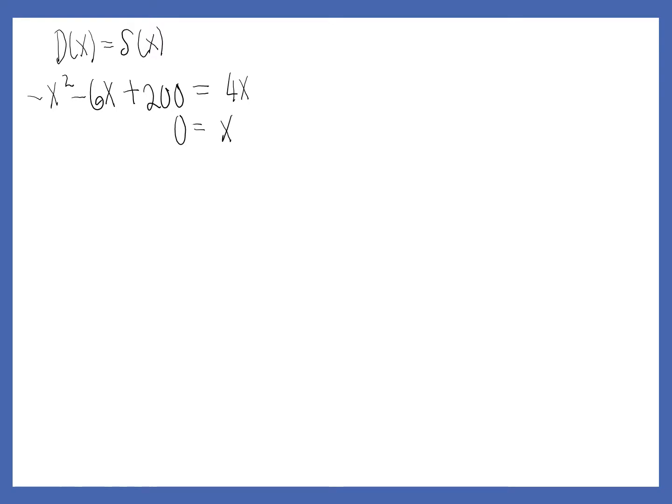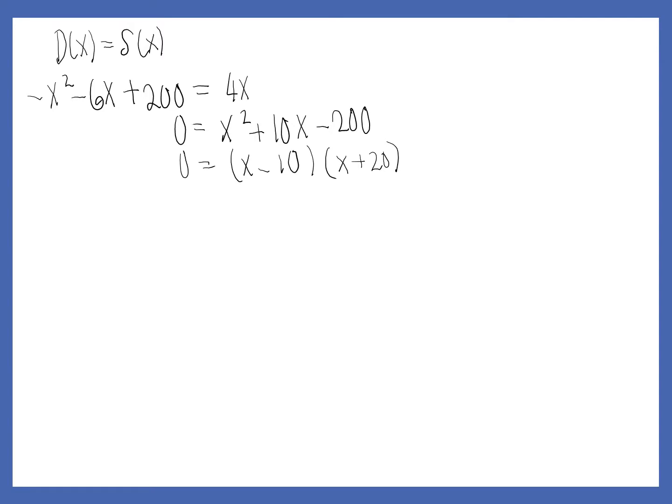So now we have x squared plus 10x minus 200, which we can factorize completely. Okay, the first factor is x